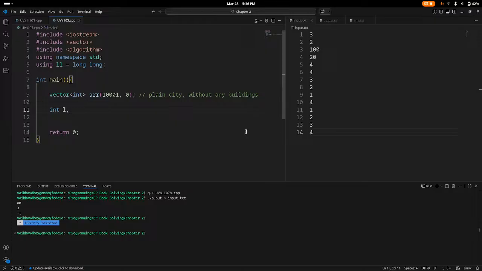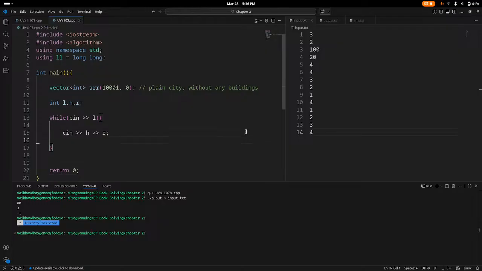And then we have L, H, and R. We'll see in L, then we'll see in H and R,